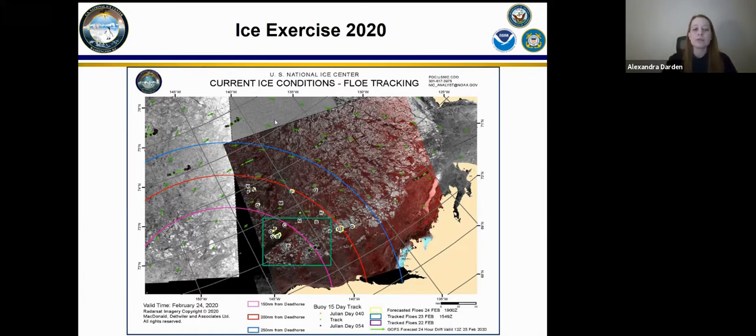In 2020, USNIC annotated imagery and forecasted drift rates led ASL to hone in on the region outlined in green. Flights were conducted over this area to survey the ice characteristics with the help of USNIC ice analysts and Navy forecasters to forecast ice position and aviation weather, as the Beaufort Sea is not normally covered by the National Weather Service. Throughout the planning phase of ICEX, USNIC provided zoomed-in analysis of the Beaufort region.